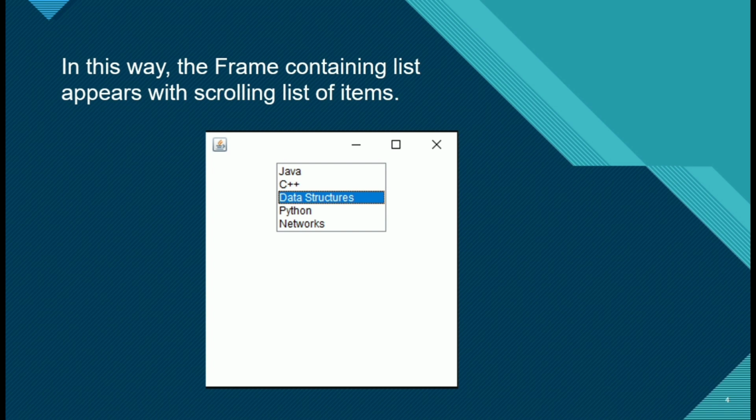When we execute or run a program for creating a frame with the list content, the window appears the way you see on the screen. This is the way we can select different lists according to your wish. Next,